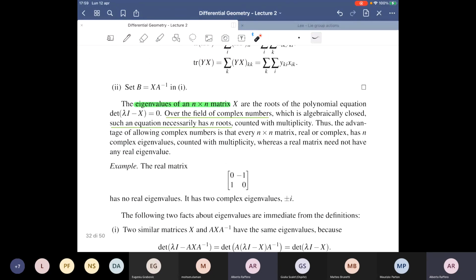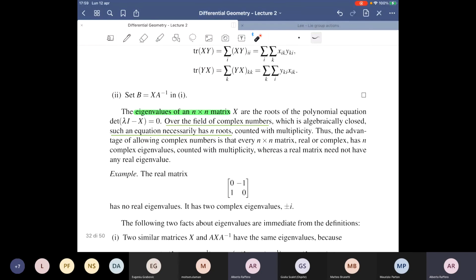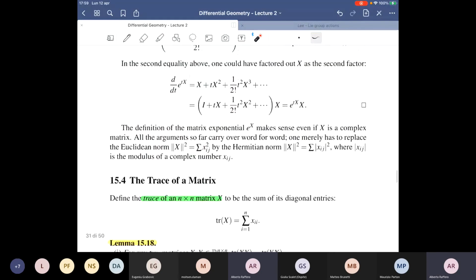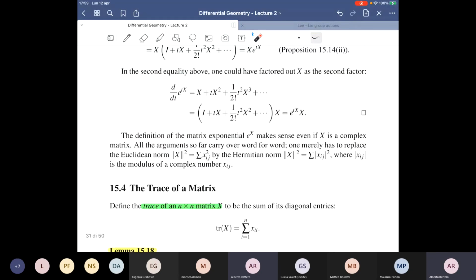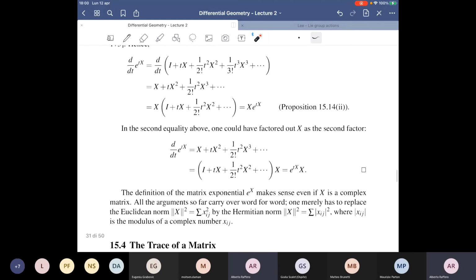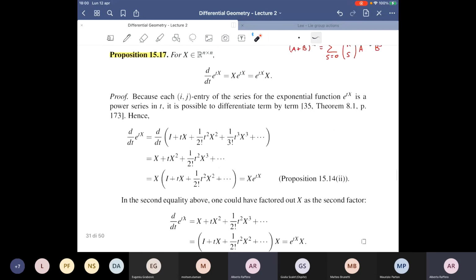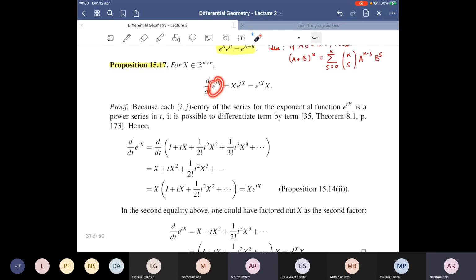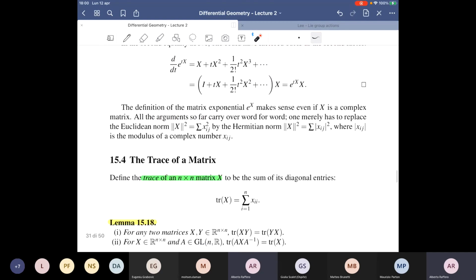So now we would like to compute, at the end of the day, we want to show that the exponential we defined in this way as a power series of matrices is actually non-singular. So we want to show that its determinant is different from zero. So this is our aim now. In such a way we show that in particular an expression like this one, the exponential of t times x, will be a line of matrices in the general linear group.